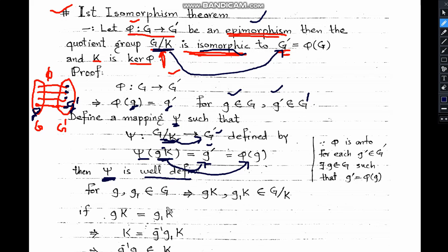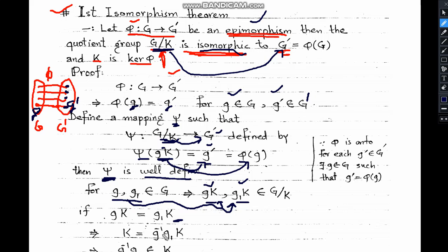Let us suppose there are two elements in G, which are g and g1, and here we are generating two elements of this quotient group, the right cosets gK and g1K. With the help of these two elements, we are generating two elements of the quotient group, gK and g'K. And if these two elements are equivalent, let us suppose these elements are not distinct, then if these are equivalent,